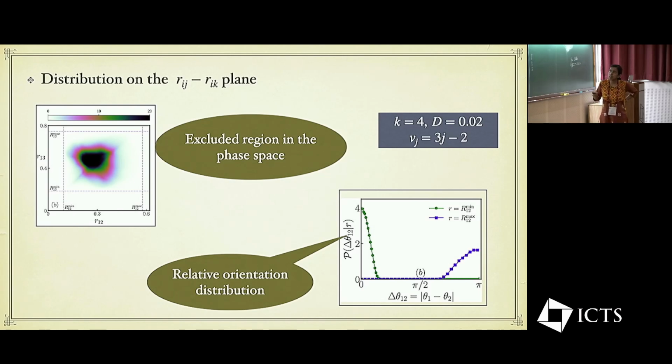To see this more visually, suppose we look at the joint distribution of the radial distance between first and second particle and first and third particle, ij and ik, let's say. So this is the distribution. These dotted lines are the minimum and maximum for each pair, but it seems like the joint distribution is peaked in a certain region of the phase space, and much of the phase space remains not accessed by